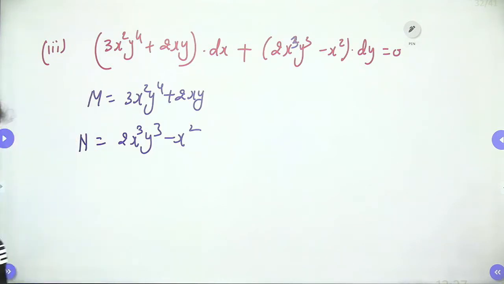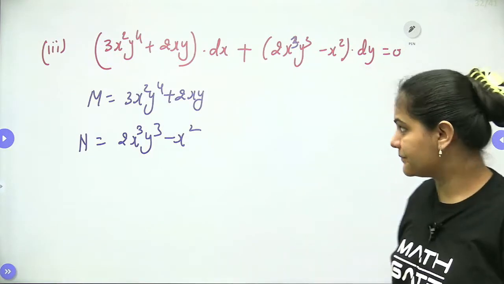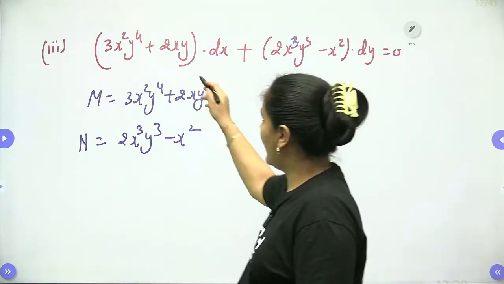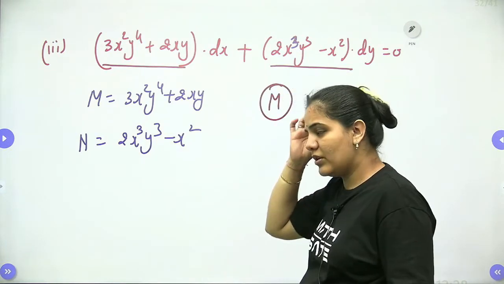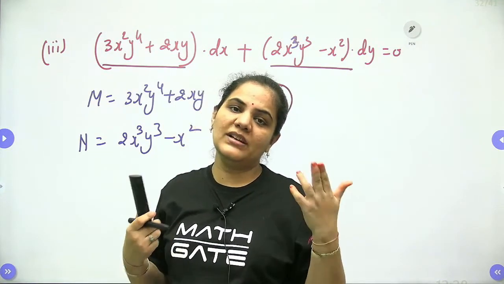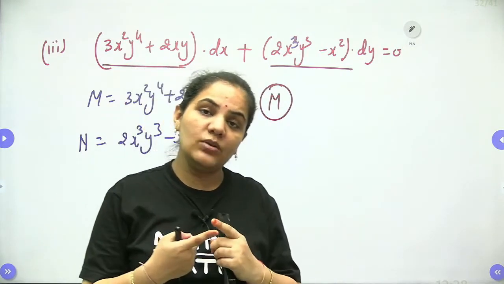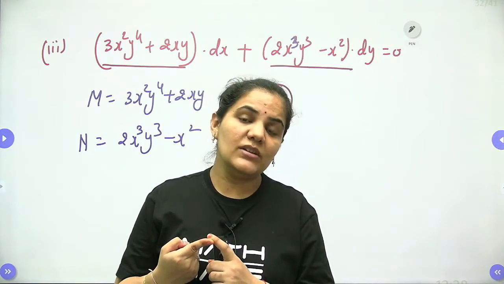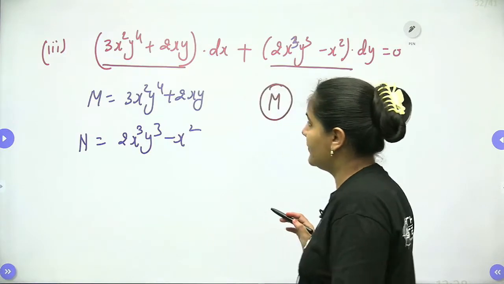So we have M and N both, so which one do you want to divide through? In general it's your choice, but let me conclude the important point: when M and N are both suitable, you can divide by M, and you can divide by N also. Here I will divide by M. If you want, you can go with division by N, and you will get the same result. But just remember one thing: when you divide by M, the result should be a single function of y. When you divide by N, the result should be a single function of x only. Then only you can approach it, otherwise it's difficult.